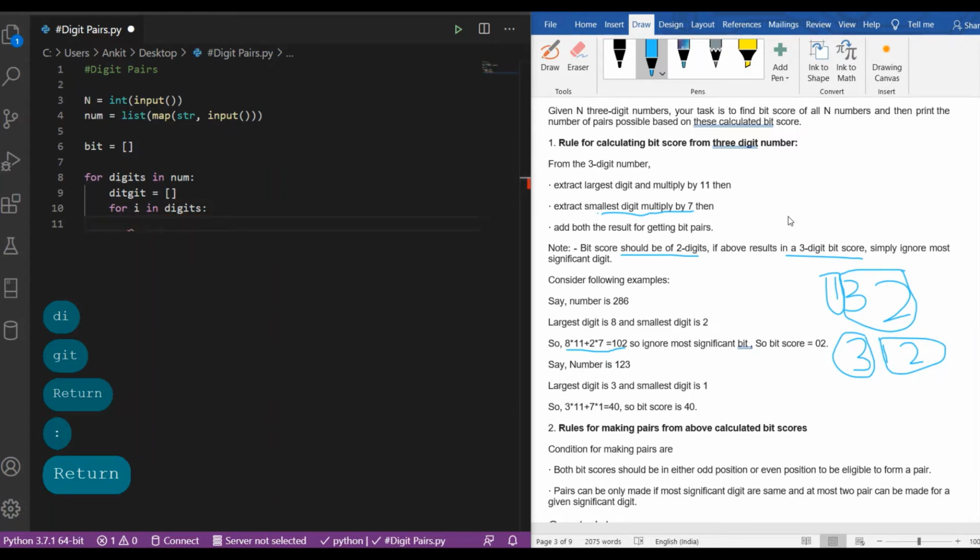So with this we will get each and every single digit from the three digit number.